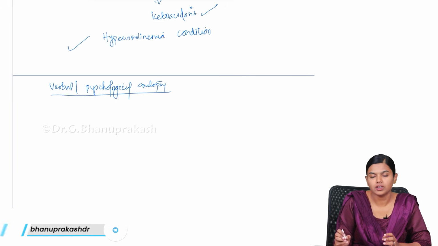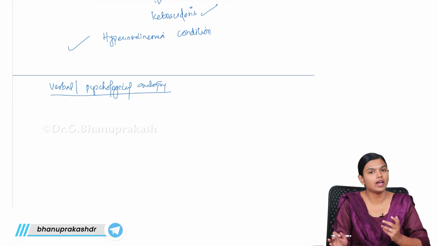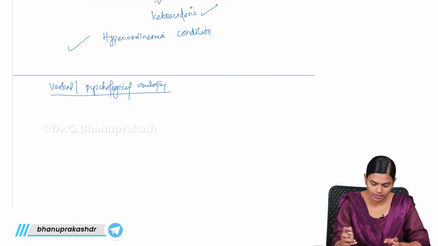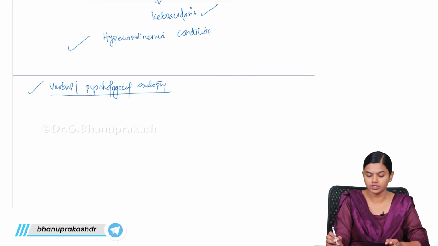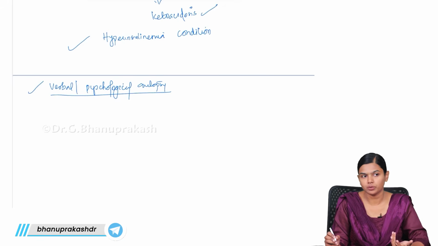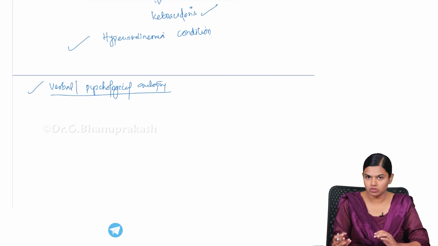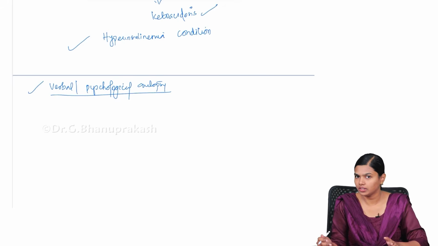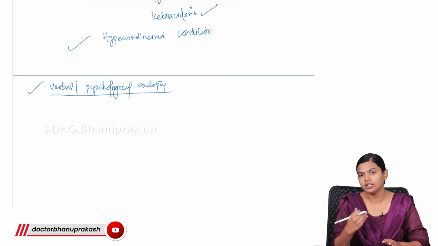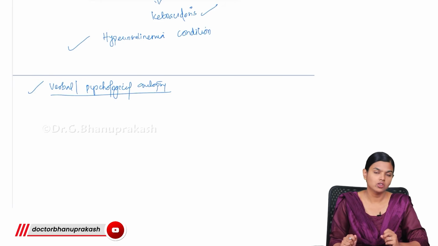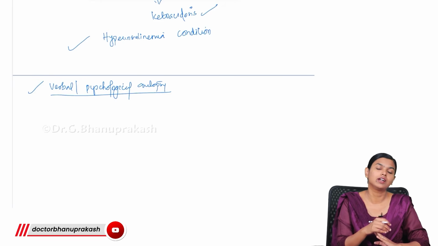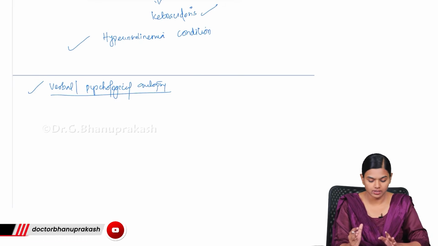Once your autopsy does not give any result, and all other analysis is also giving no result, then the only thing that we are left to do is this verbal or psychological autopsy. You will go to them and ask for history, any recent medical history, family medical history, all those activities, every history you will ask for, and you will try to come to a conclusion. So this history is the main thing that will give a clue in these circumstances.